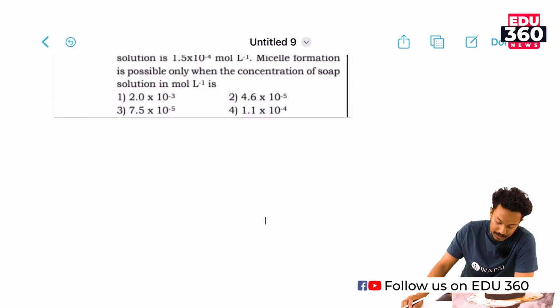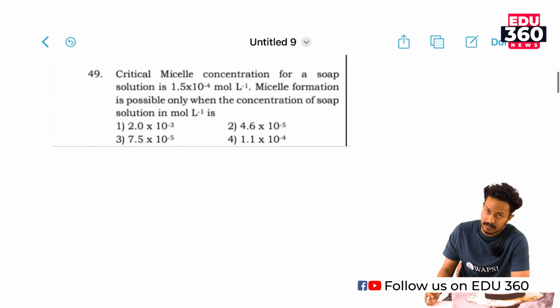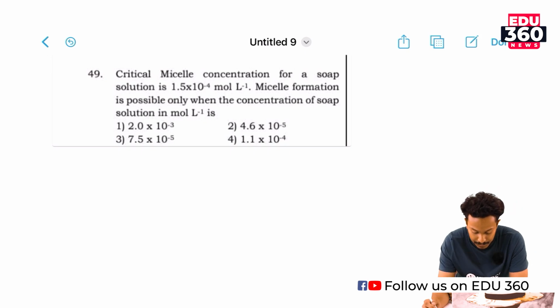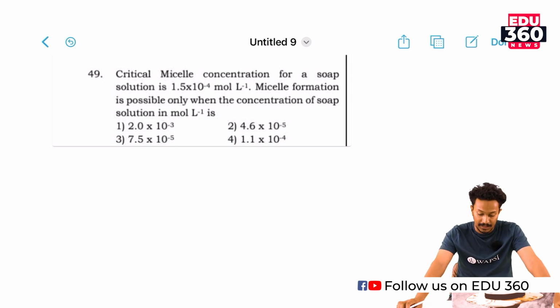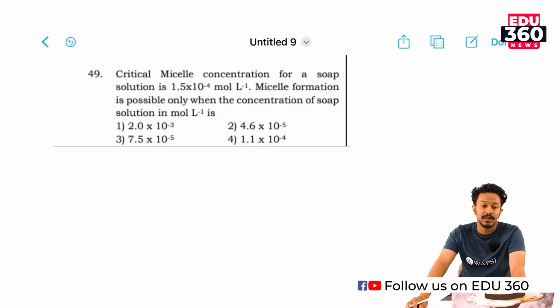We will be moving on to our next question. Here it's a question based on soaps. The critical micelle concentration for a soap solution is 1.5 × 10^-4 mole per liter. Micelle formation is possible only when the concentration of the soap solution in mol per liter is... So here the CMC, which means critical micelle concentration, is